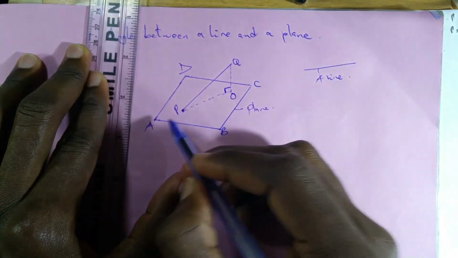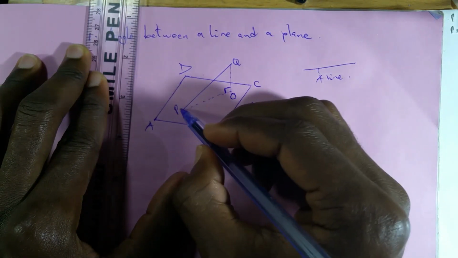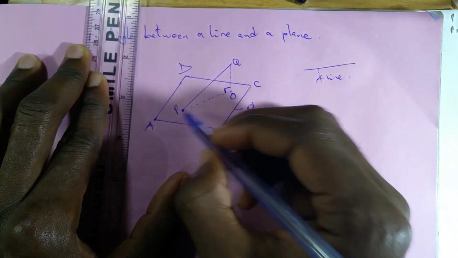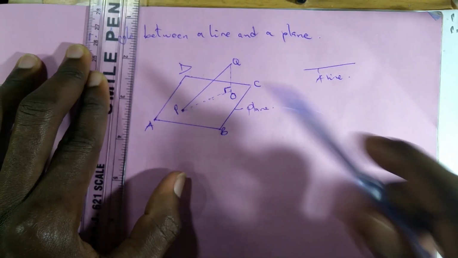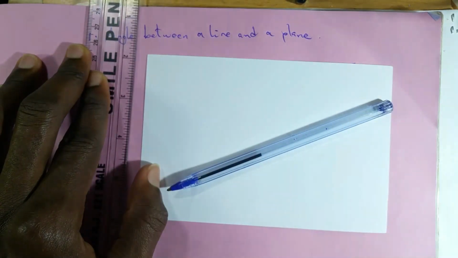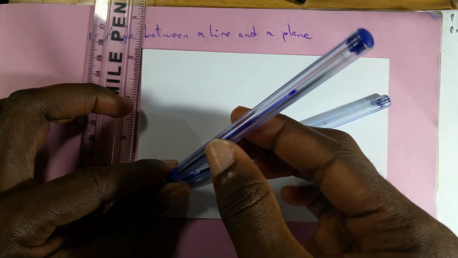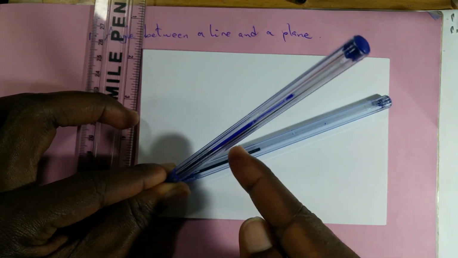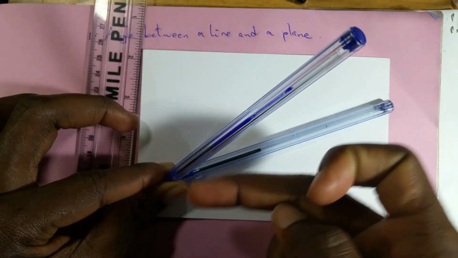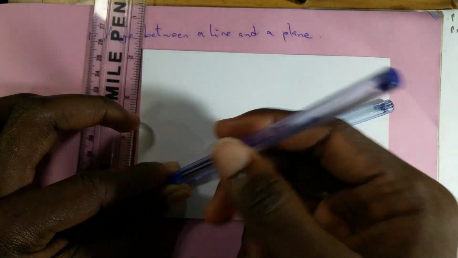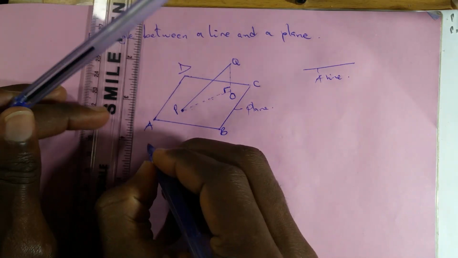Now the angle between the plane and this line is actually the angle between this shadow and the line. PO is a shadow of PQ, which means the line is actually on the plane itself. If this is the plane, the line is on the plane, while there's another one pointing like that, whereby there's an angle here and there's another line joining them at right angle. So the angle between this plane and this line is actually this. We say that the angle